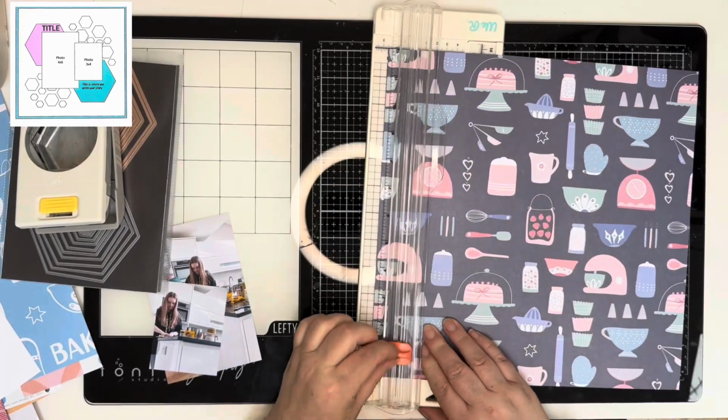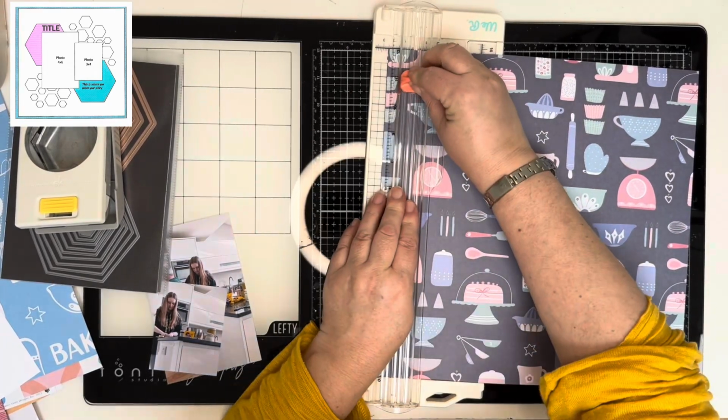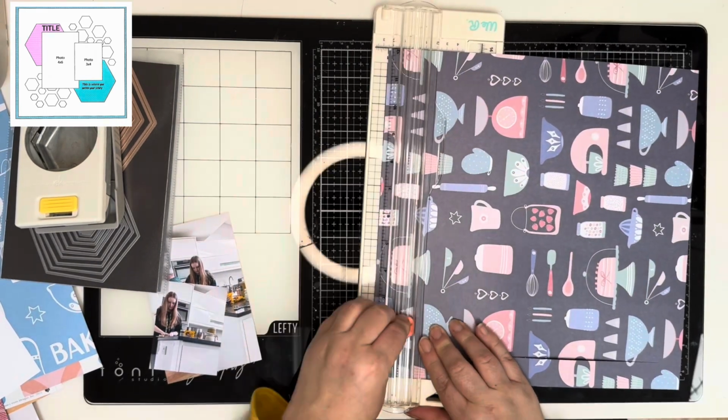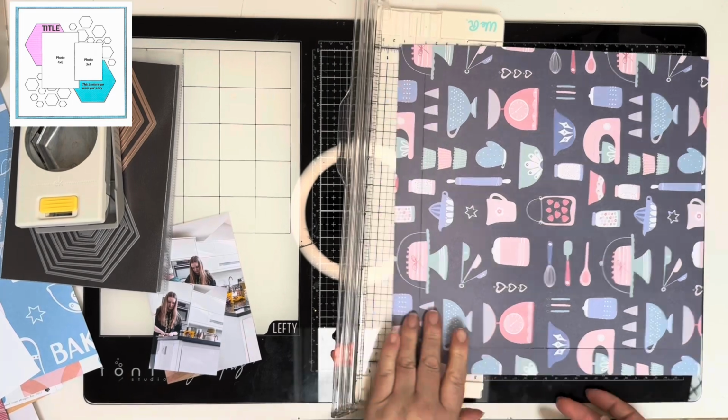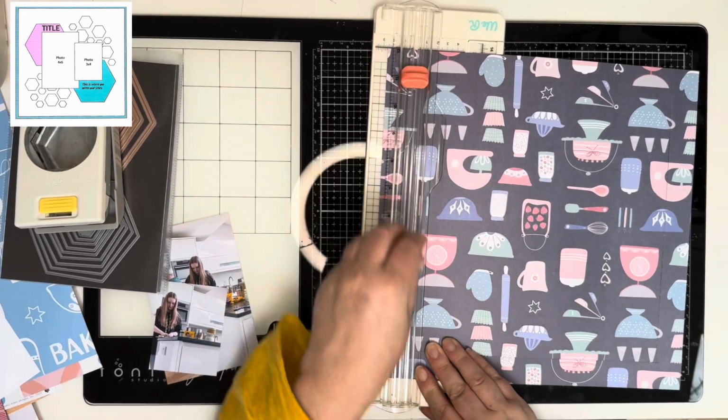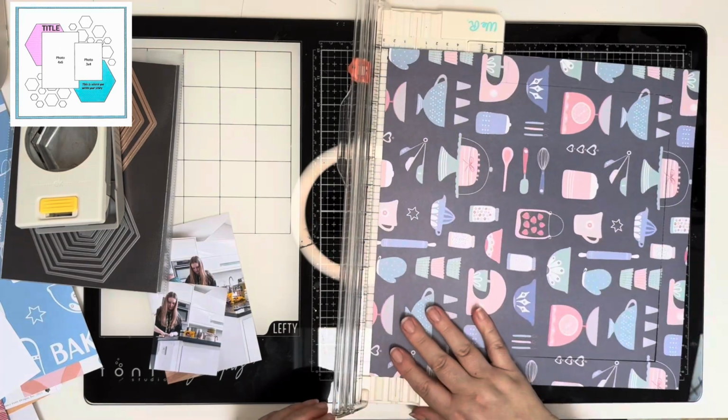Now I'm playing with the brand new Home Cafe collection from Fancy Pants. This was perfect for my photos. It's Amelia and Ross in the kitchen making some brownies, so this is all about home baking, so I thought it would be perfect. So you can see in the sketch that Bev has a little border around her paper,